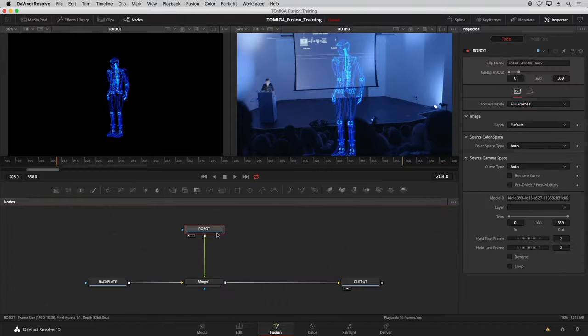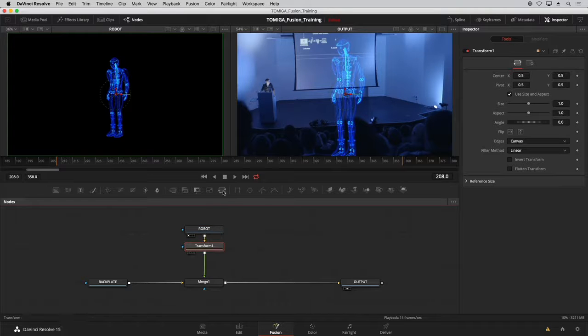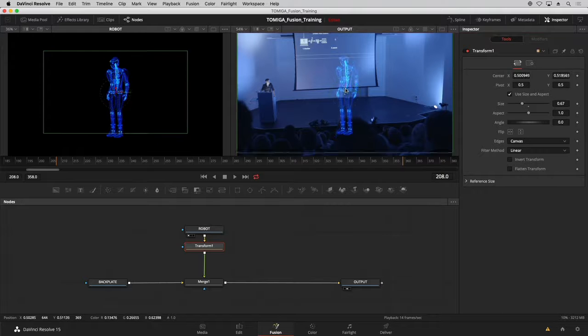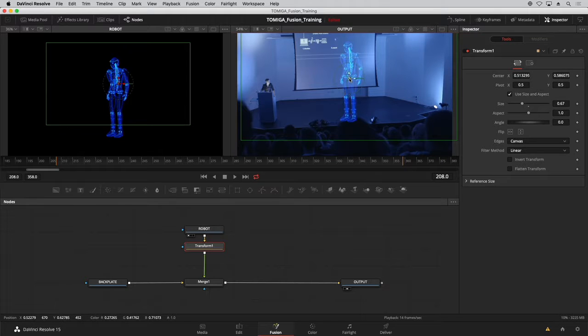So let's go ahead and change the size and positioning of our robot by adding a transform node. And I just clicked it right in the toolbar. I'm going to change its size and position it right about there. Okay, so if this didn't have any camera movement, we would be close to pretty much being